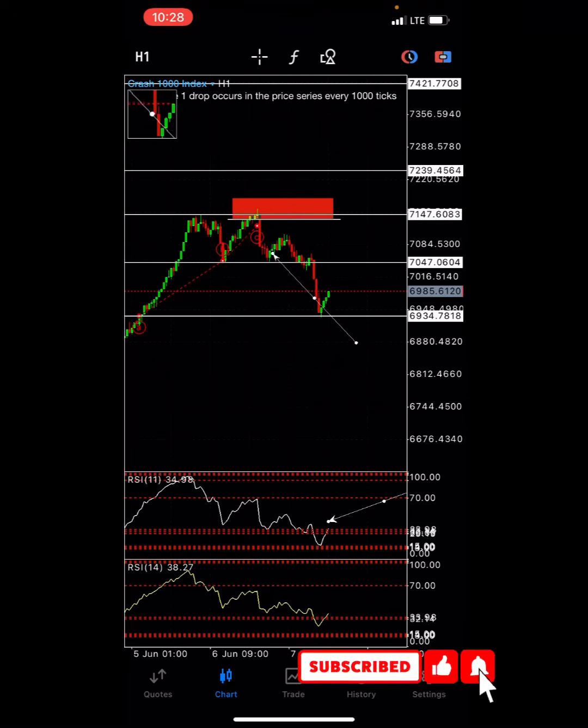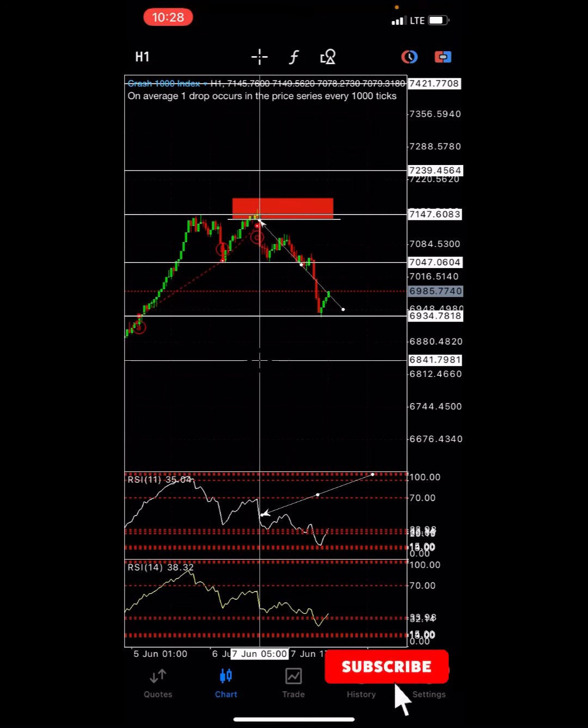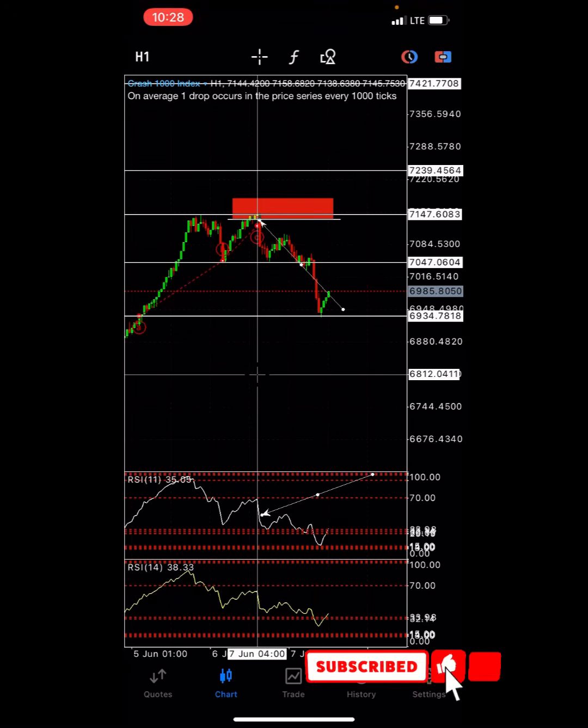All right, now how would I actually be comfortable placing that sell right there? How would I be comfortable knowing that my stop loss is really safe? I would look at this zone. All right, now if you observe right here, you would notice that at this same zone right here,